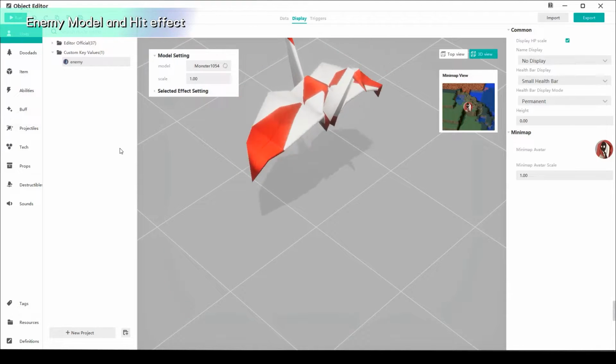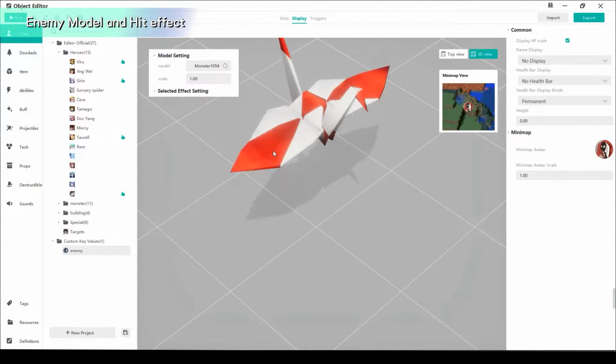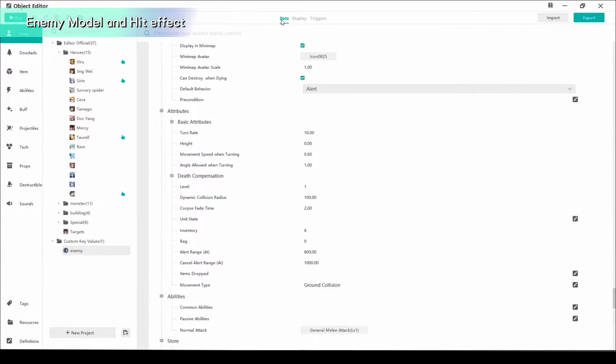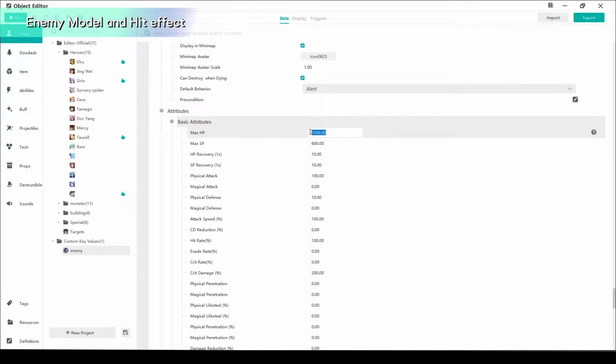change the name to enemy in general settings and switch the model to paper pigeon. Select no health bar and set max HP to 3 in the basic attributes. To balance our shooting game difficulty, set enemy HP recovery from 1 to 0 and the player's character attack damage